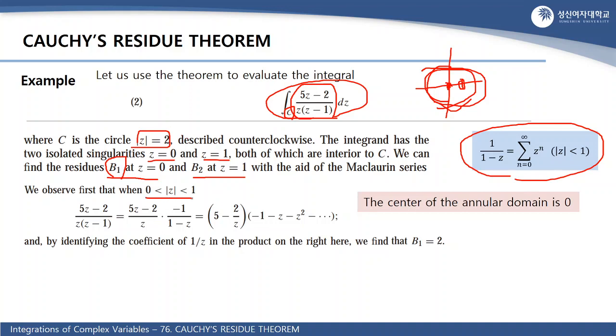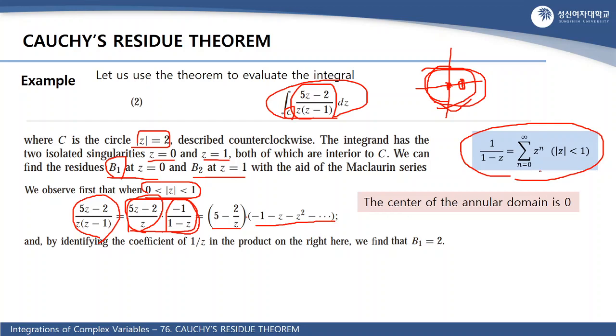We consider this region. We need to modify the integrand, given by this function f(z) equals (5z minus 2) divided by z times (z minus 1), into the left function here: (5z minus 2) over z times negative 1 times 1 over (1 minus z), and then the first part can be rewritten as 5 minus 2 over z, times the second part here. I can have the Maclaurin series